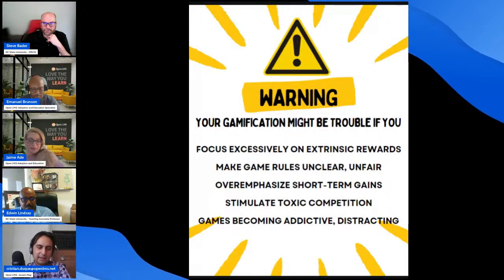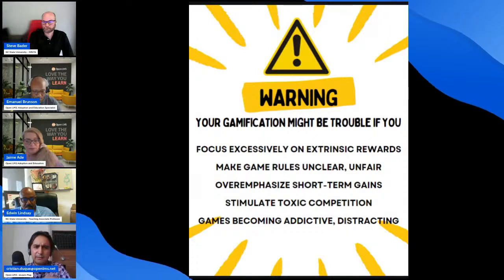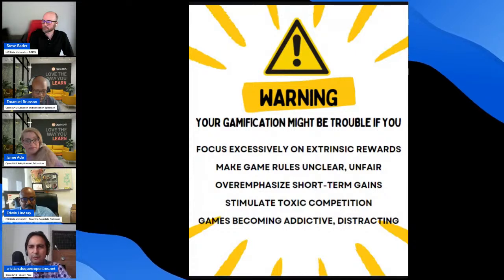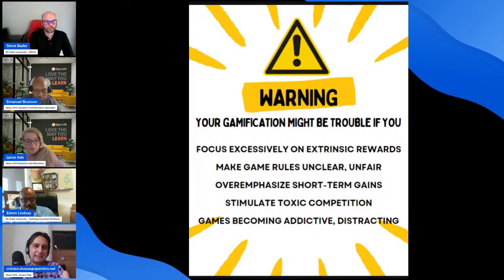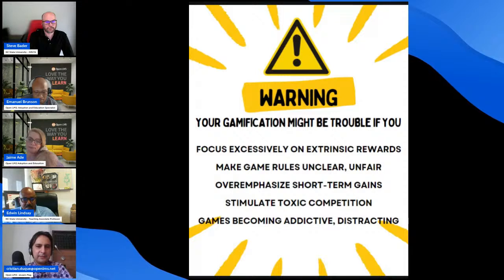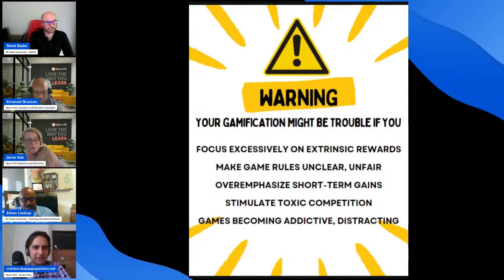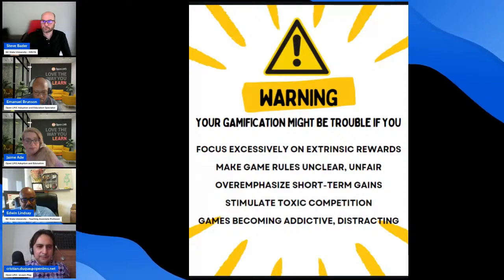The other, I think we've emphasized enough: if the games are not clear, or if there's some kind of arbiter that's too subjective or shows preference, it generates a whole other emotion. It just puts people against the idea of the game if the game is not going to be fair. The other is that you can encourage something that might show a lot of motivation and drive and momentum, but it's not sustainable over the long term.